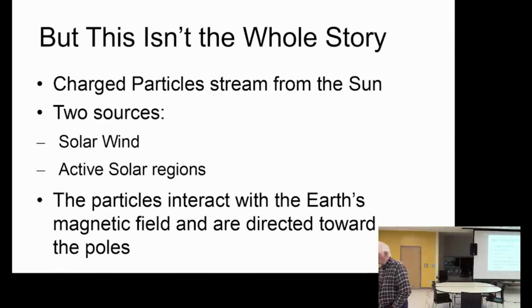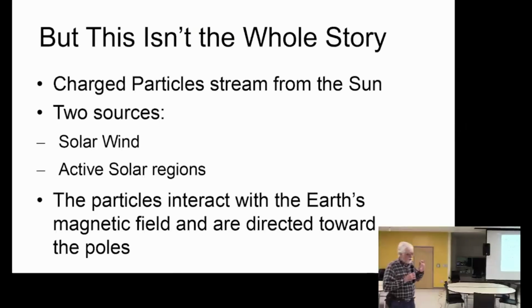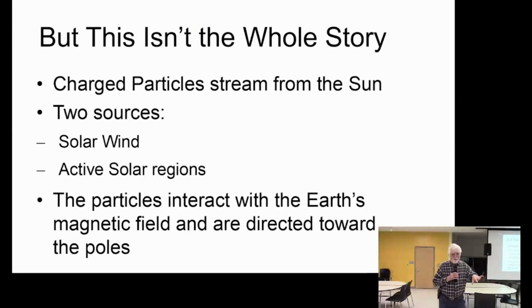The solar wind and other active regions on the sun accelerate particles and send them across space from the sun to us. And these particles also interact with the upper atmosphere. The difference is that the particles, for the most part, being charged, interact with the Earth's